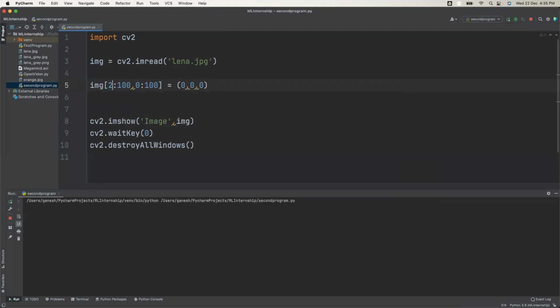Starting is 250, and it ends, I think, at 300 to 450. Let's try this. Using these coordinates, I'm getting the black color in that.